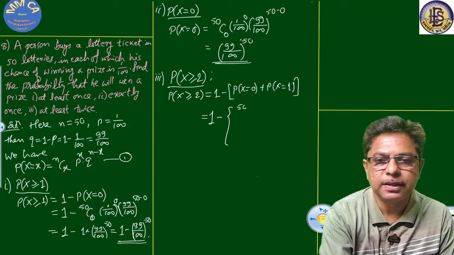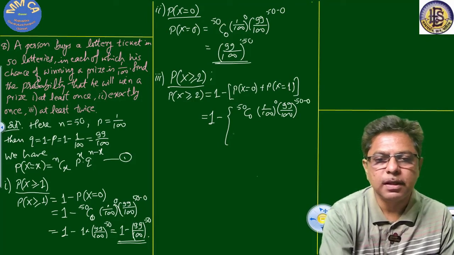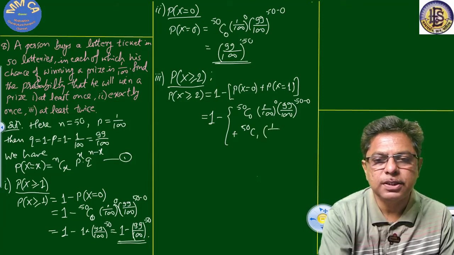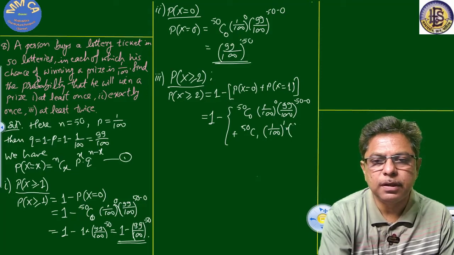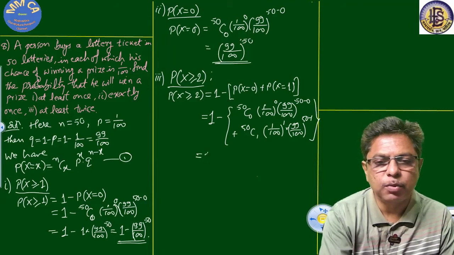This is 50C0, p is (1/100) raised to 0, q is (99/100) raised to 50 minus 0, plus 50C1, this is (1/100) raised to 1 into (99/100) raised to 50 minus 1, which is equal to 1 minus